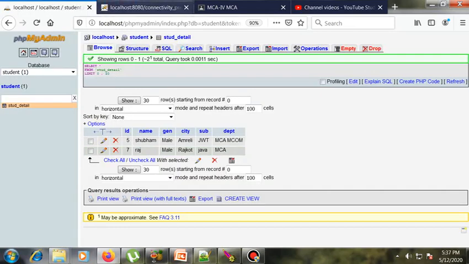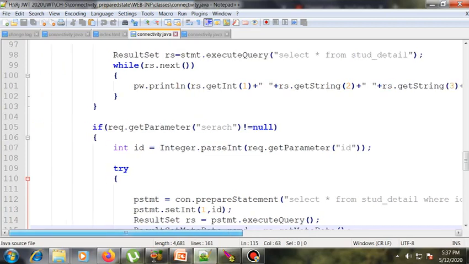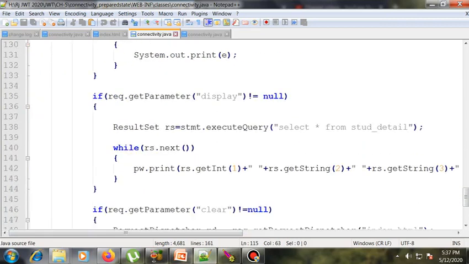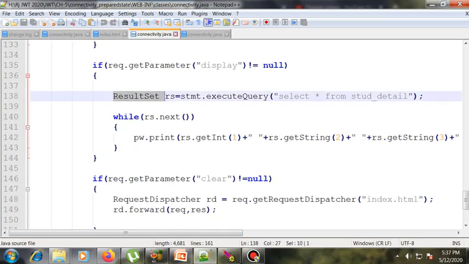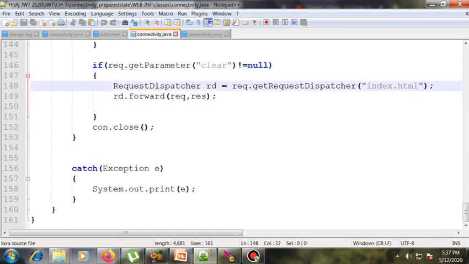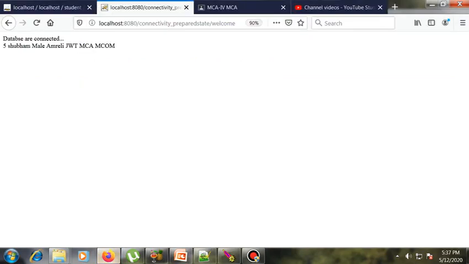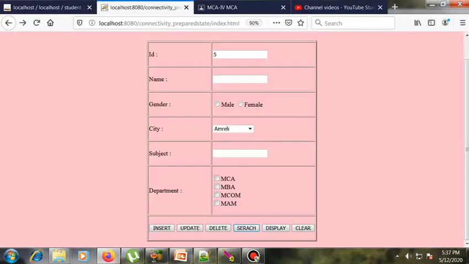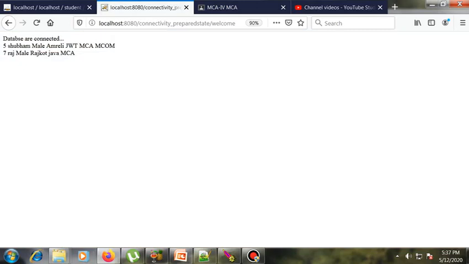Next, for displaying you can use the result set as we discussed previously. For clear, you can use the request dispatcher, so you can easily clear the screen. Whenever you want to clear the screen, just click on clear and it will clear the window. And when you click on display, the records stored in our table will be displayed.